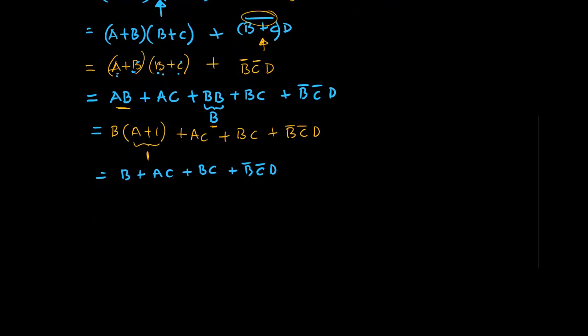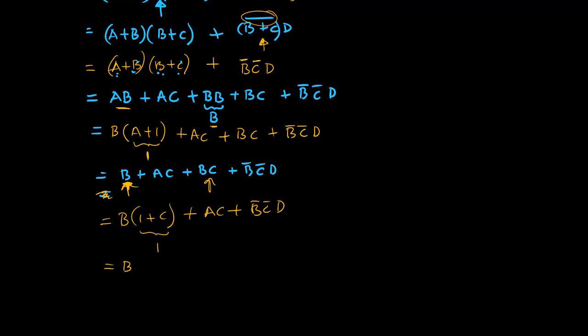And then I do it again. I group this one here and this one here. So I end up with B or (1 or C) ANDed with (1 or C). I still have my AC, and I still have my B bar C bar D. So I know that this works out to 1, and I end up with B or AC or B bar C bar D. And you might think that that is the end, but remember, we have this nifty rule 10